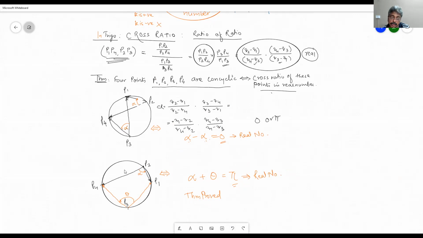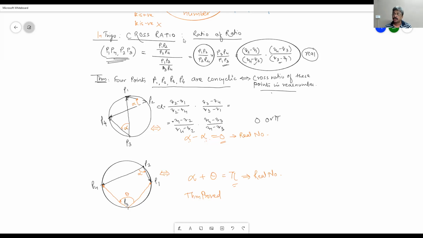So either P1 P2 P3 P4 in clockwise direction or P1 P3 P4 P2 in clockwise direction. These are the two different orientations that you can have of those 4 points. Now if you create more permutations of P1 P2 P3 P4, then either that permutation will belong to this or will belong to this. There are only 2 cases. Every time, no matter what cross ratio you write here, what sequence, if those 4 points are concyclic, you will end up getting real number.